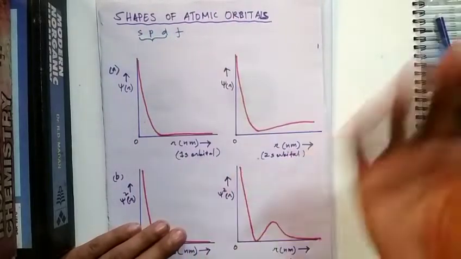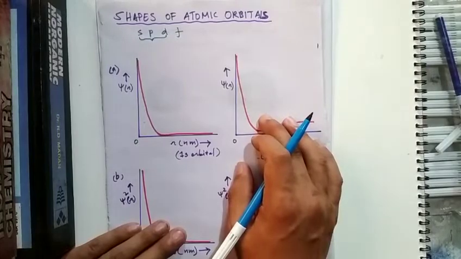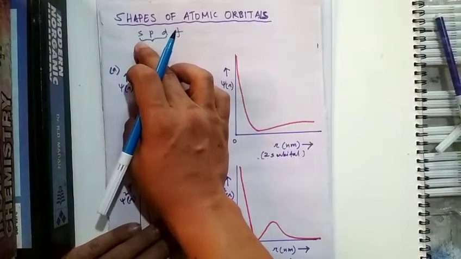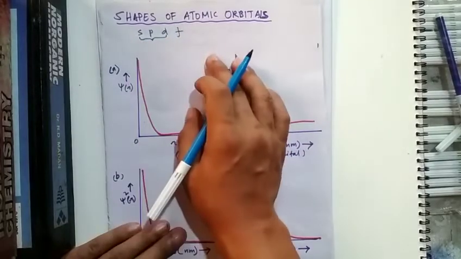From F onwards the shapes become more complicated, so we are going to discuss whatever is given in your textbook. Okay,